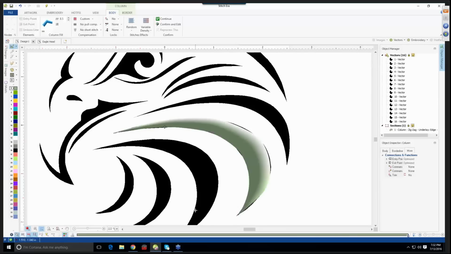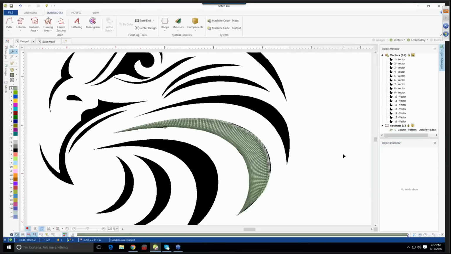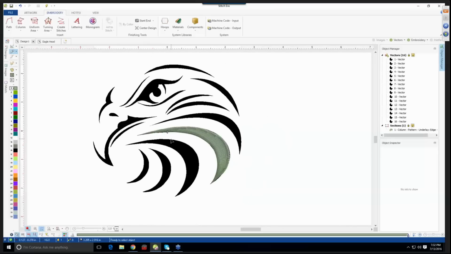When you're done, press enter, and then there's our design. If we want to change it, say we want it to be a fill, we simply select it, come over to our body, stitch type, zigzag, change it to a pattern fill, and now it's a pattern fill. So even though you digitize something in a certain stitch, it's just a matter of seconds to be able to select it,